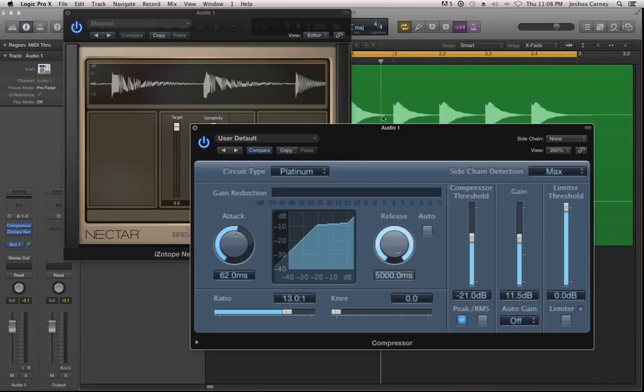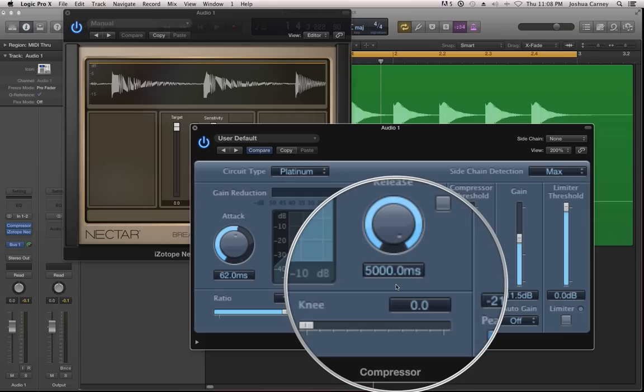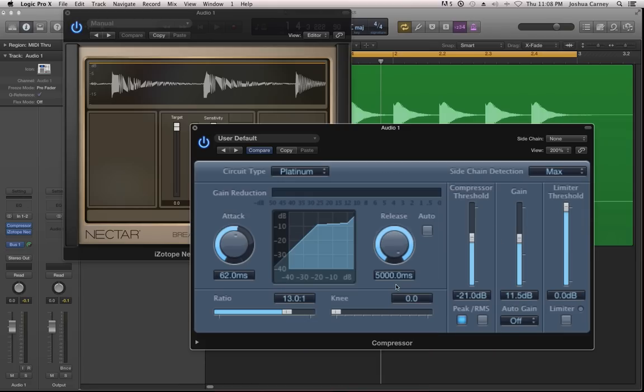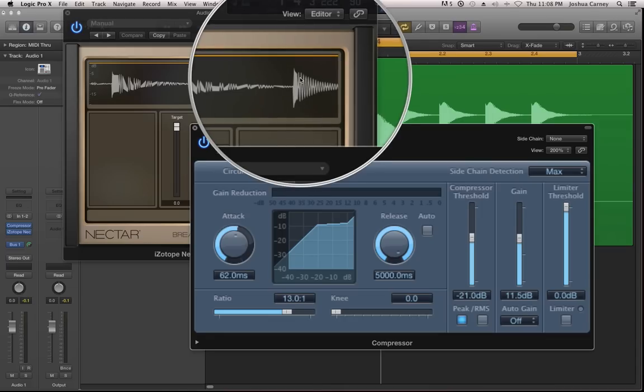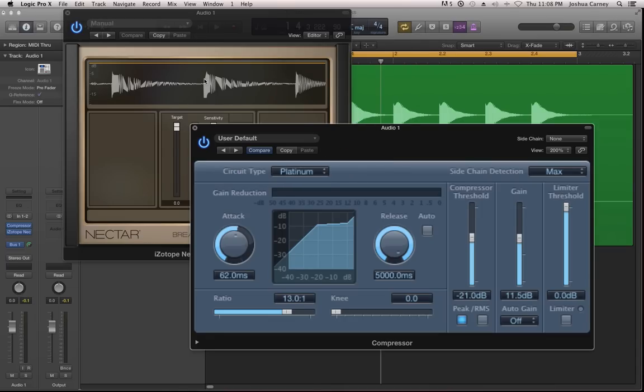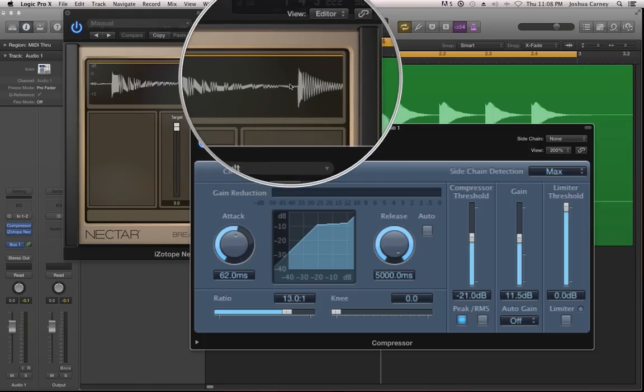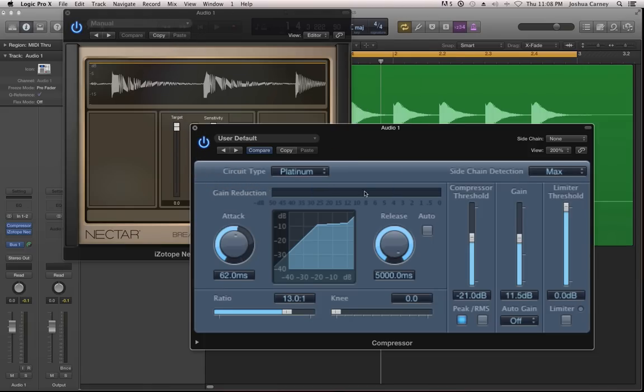Now, with release time, you want to be careful not to pull it all the way up, because all the way up is 5,000 milliseconds. That's 5 seconds. If you pull it up too high, the release time can actually bleed into the next note, and so we can have a release time that blurs the transient on the next drum hit. So you have to be careful about using a release time that's too high, because you'll end up with something like this,